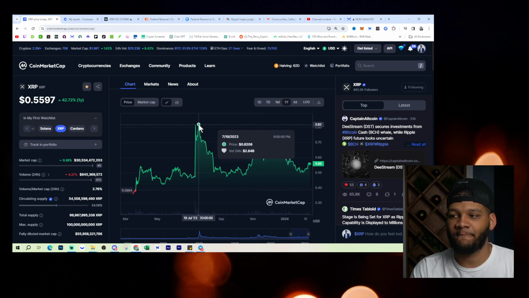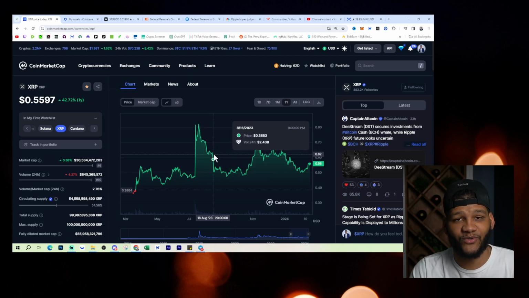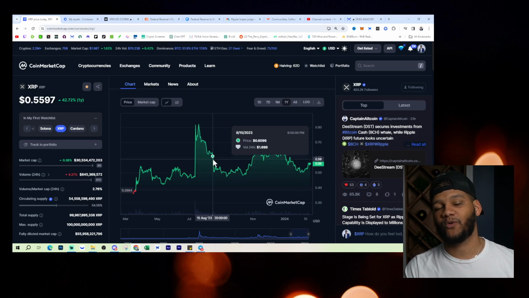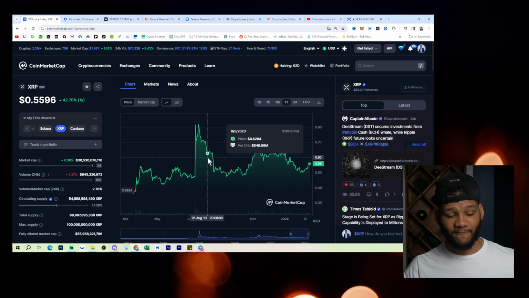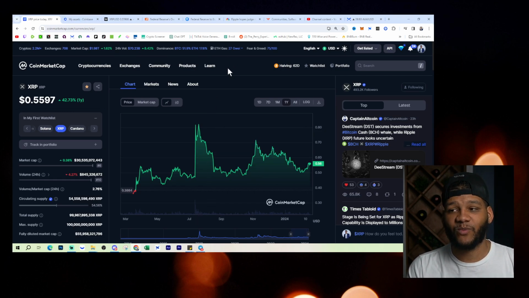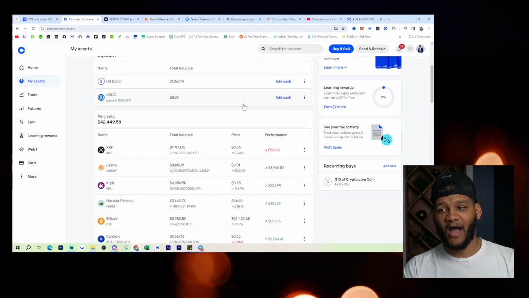But the point is that you're seeing levels that you don't want to purchase at, but you also don't want to miss out on the opportunity. Well, dollar cost averaging is the way to go. Whether you're dollar cost averaging up or dollar cost averaging down, either way, you're finding the right opportunity, the right time to purchase that position. And the best way that I did that, as you can see here, I have